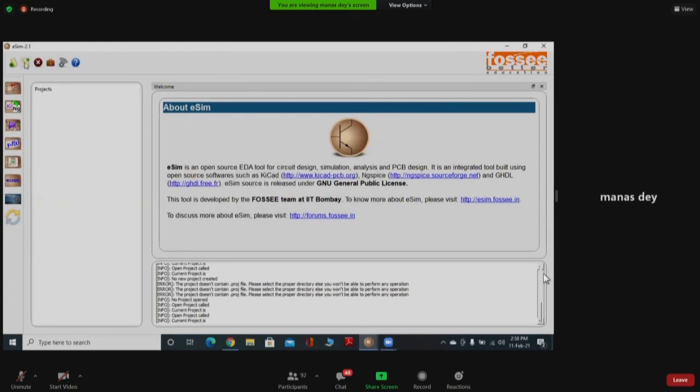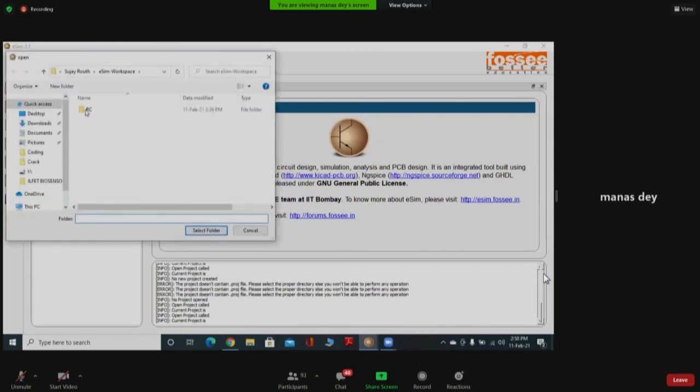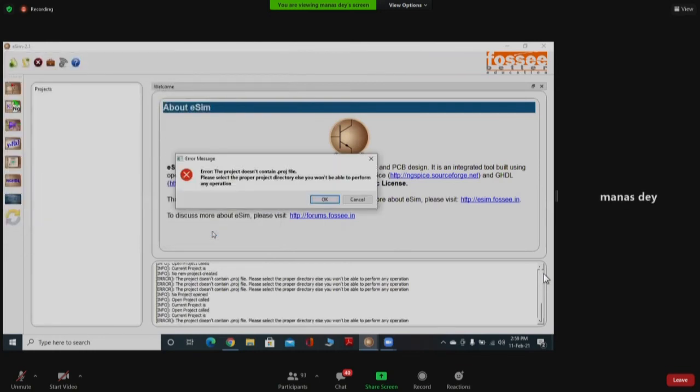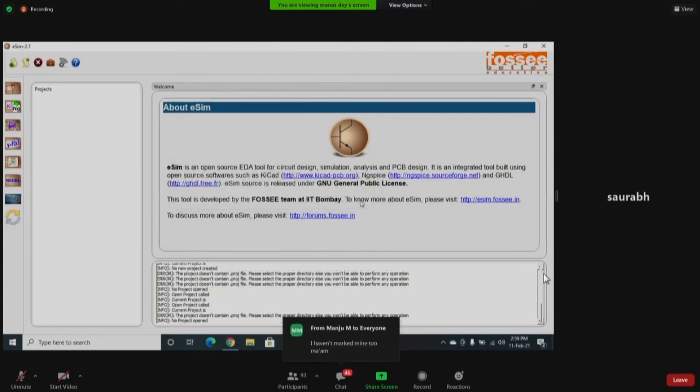Yeah, let's open project. Don't open that folder, just click on it once. Please go back to the workspace. Now select folder. Then try clicking cancel now. Create a new project named RC new.